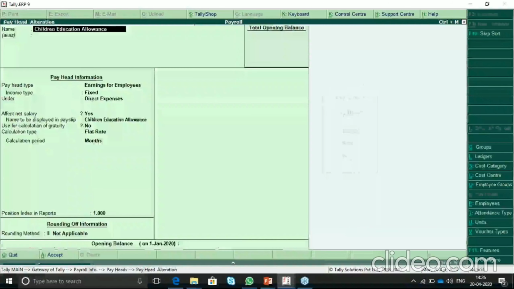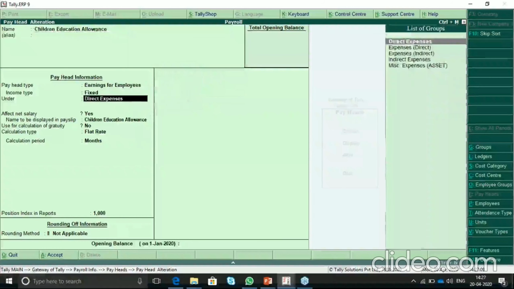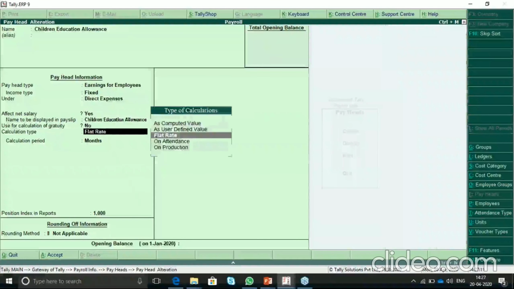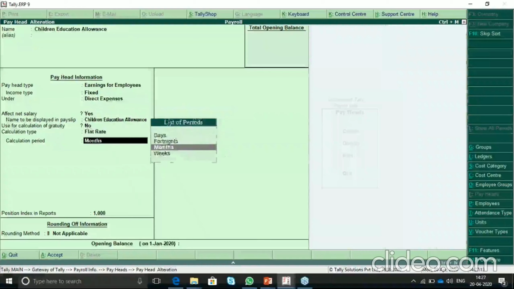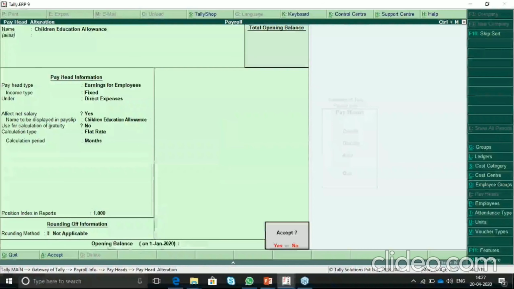In some companies, the company is paying for the employee's children education allowance as well. So that you can also calculate, which is earning for the employee because the company will pay for that. This comes on flat rate only and per month. Monthly the company will pay.